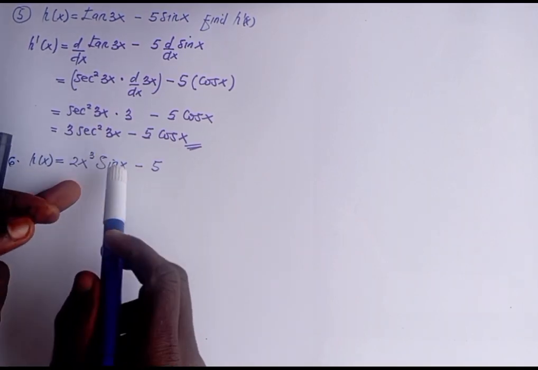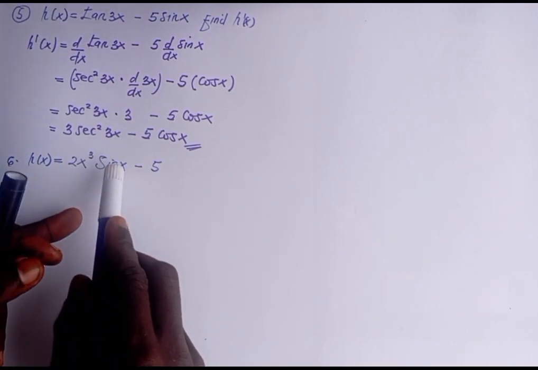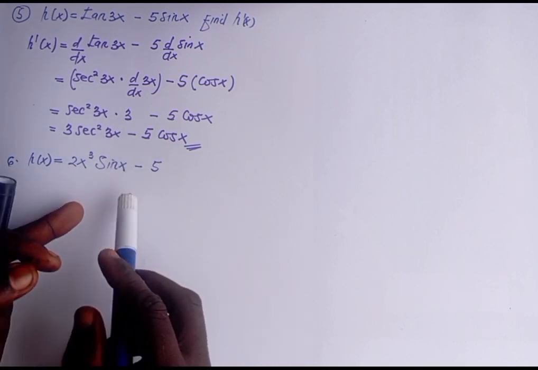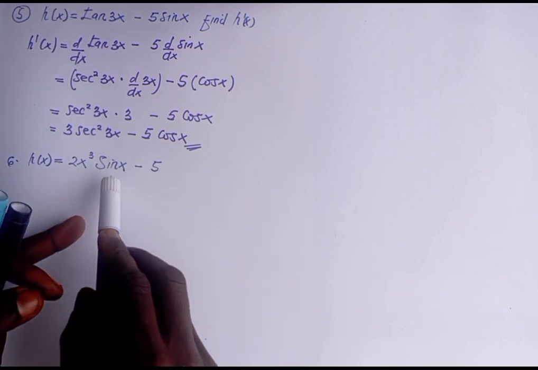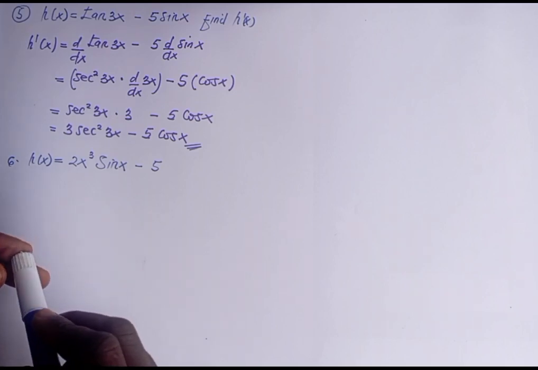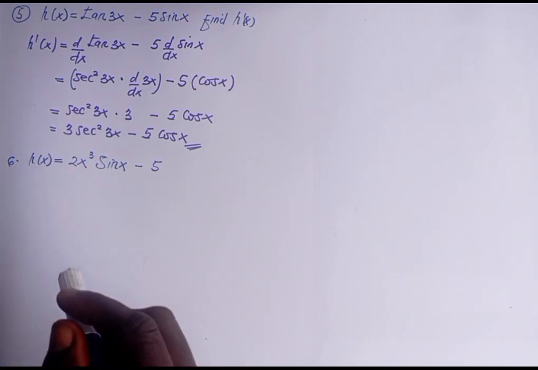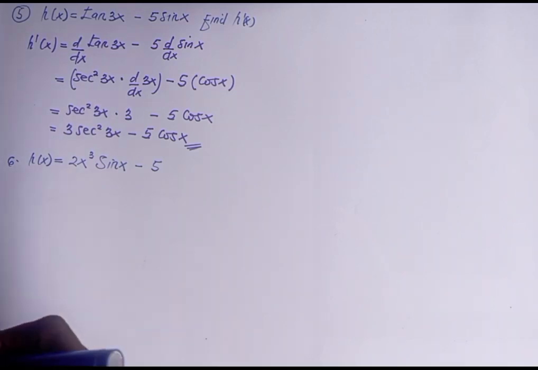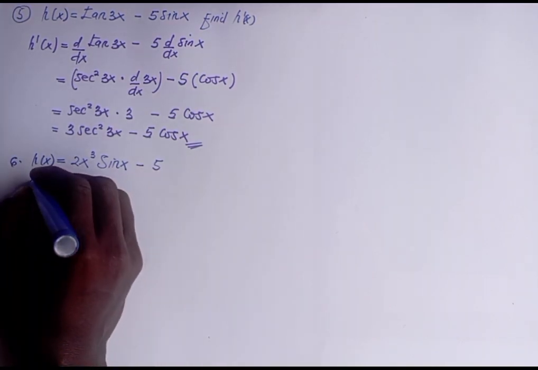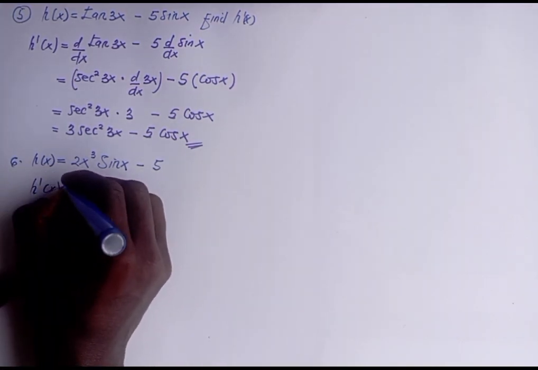Okay. So in applying the product rule, we know that we keep the first function, which is what? 2x cubed, and then we find the derivative of what? Sine x. And then we add it to the derivative of 2x cubed, and then we keep what? The first function. So that's what we are going to do. So we know that our derivative h prime at x is given as,